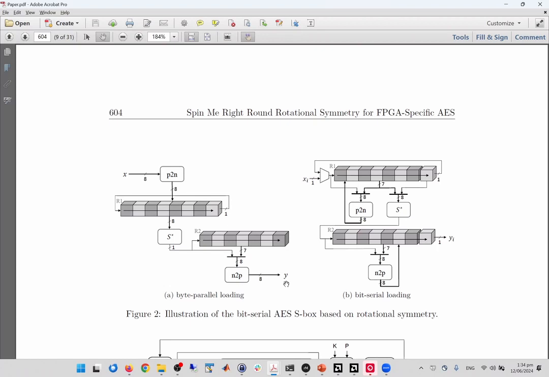Of course, there is another option here: the input can be loaded in parallel, 8-bit, or the bits can be loaded in serial. If it's loaded in serial, it is loaded here in 1 clock cycle, the P to N, polynomial to normal, is applied, then afterwards 8 clock cycles for this S guy, and then after 8 clock cycles you have another one, N to P, normal to polynomial, and then afterwards you have the exact